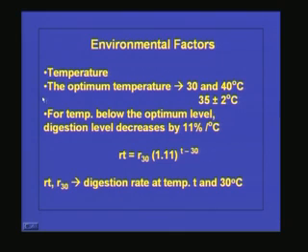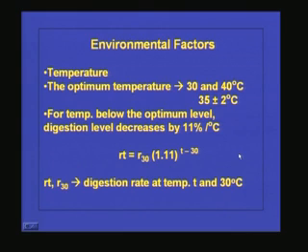Now we will see what the favorable environmental factors are for the anaerobic process. One is temperature. Temperature is very, very important for the anaerobic process. The optimum temperature is 30 to 40 degrees centigrade, the optimum being 35 plus or minus 2 degrees centigrade. If the temperature is below the optimum level, the performance will come down drastically, and researchers have shown that for every 1 degree decrease in the temperature, the efficiency comes down by 11%,